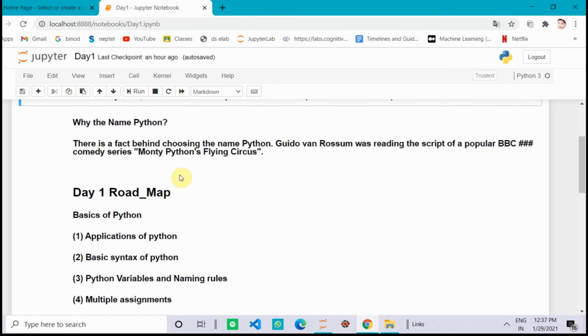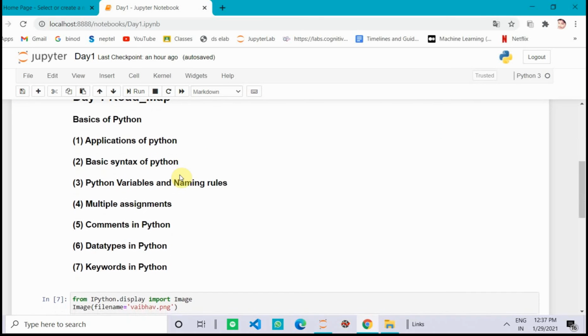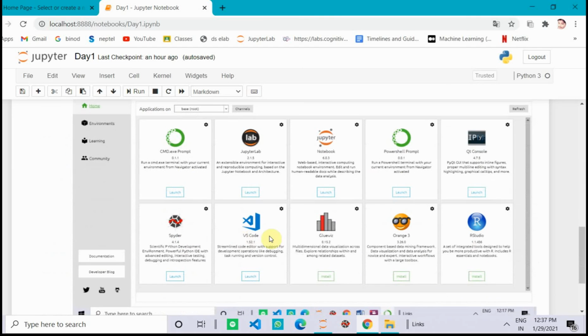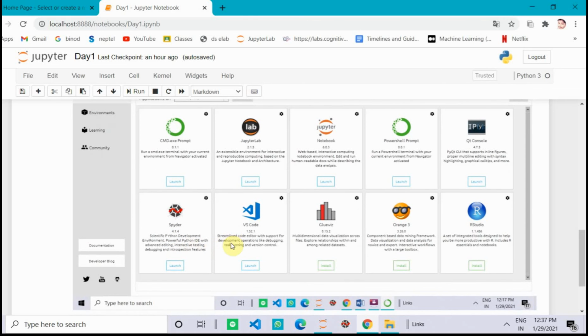Also, the IDE, that is integrated development environment, is where you can write your code and execute and run it. Some popular IDEs are Visual Studio Code, JupyterLab, Notebook, Spyder. These are Python development environments. Visual Studio Code supports many languages. Okay,